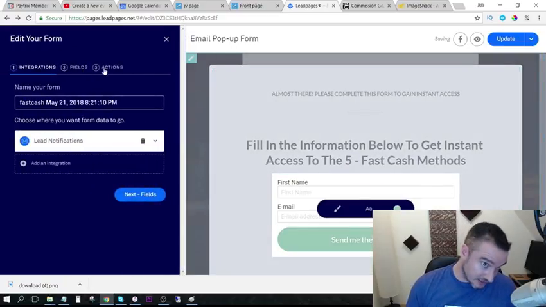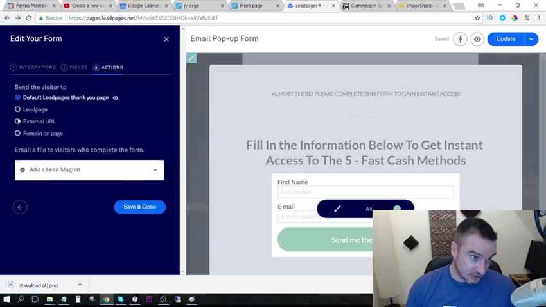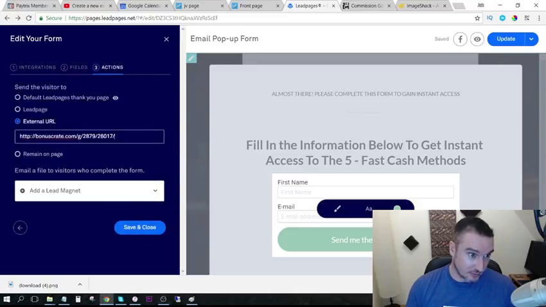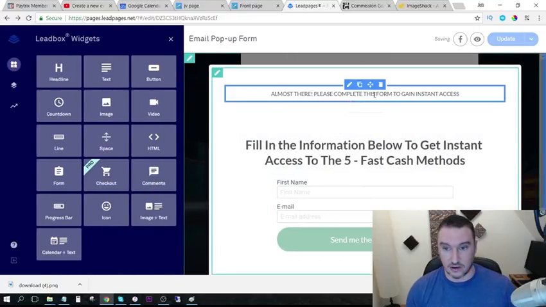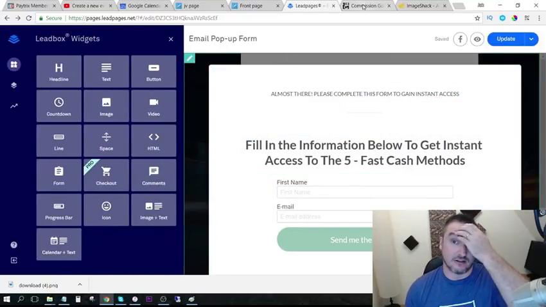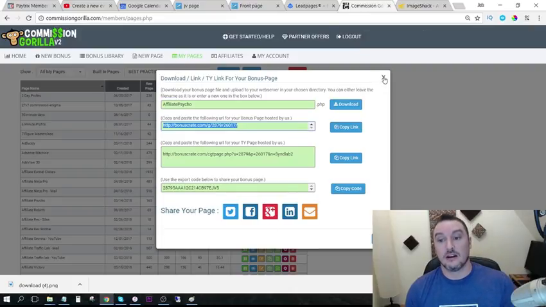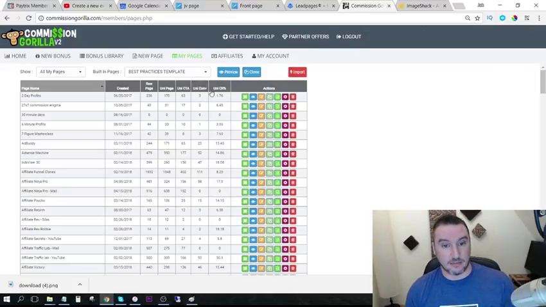Okay, we need to put this into, we go into actions, we go to external URL, and we will paste that URL in there, and then we click save and close. So that's this all set up. Go into this bonus page. Now you'll see on that bonus page that I did have some bonus graphics in there, but before we get